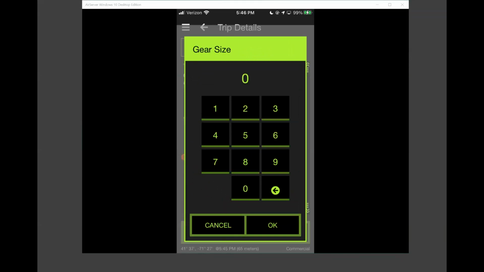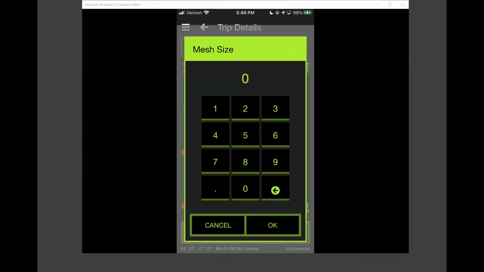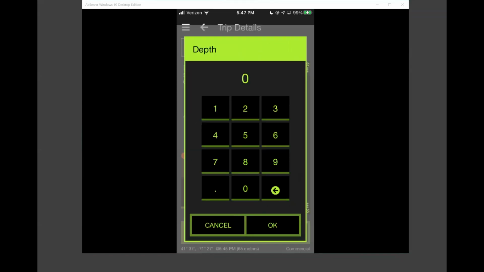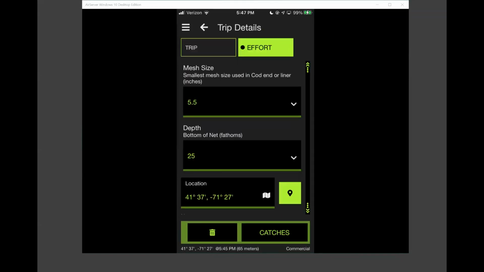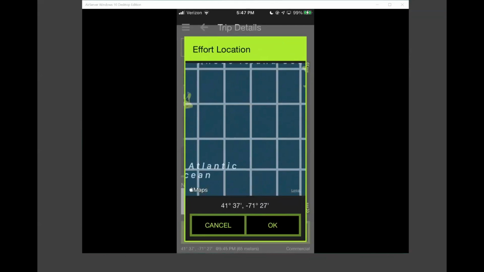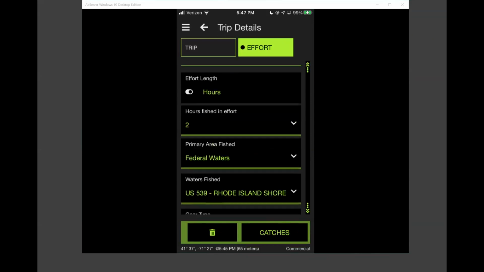I don't use a beam trawl, so I'll make something up. Your mesh size. I guess it's probably large mesh, right? I don't know. And then the depth. So on. You stayed in that same location, or say you moved, right? You moved south or something. You could put your new location in there. So that's how you would go through adding an effort